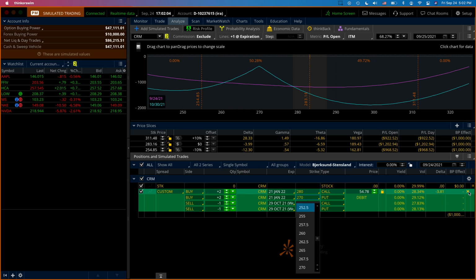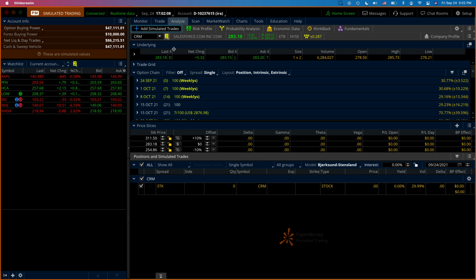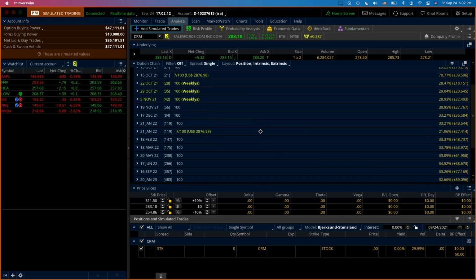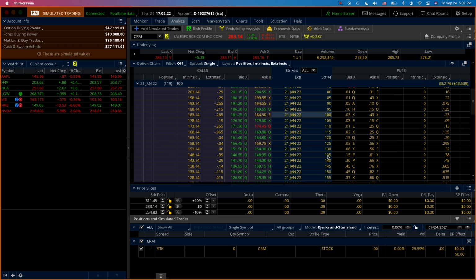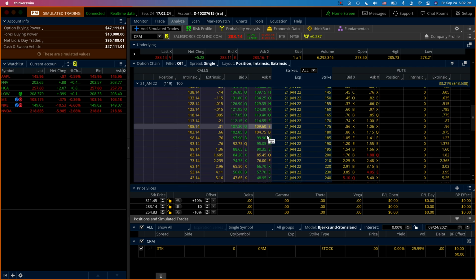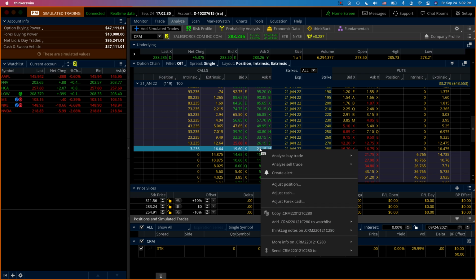Okay, let's create this from the very beginning. Let's go to add simulated trades, and I'm going to look for the back month. It should be something that is more than 90 days to expiration. So December here won't do, so let's go to January. Okay, and here we look at the strike price that is closest to the current trading price, which is 280, and here we right click and say